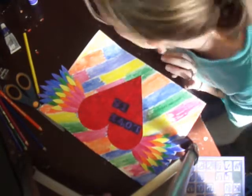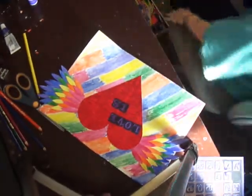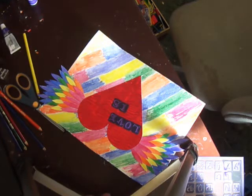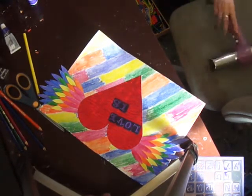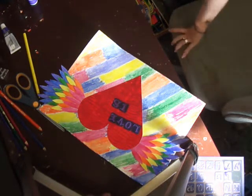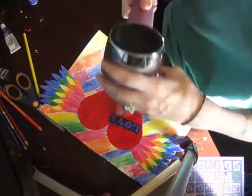I'm going to grab my hair dryer real fast so I can. Should have done that earlier, sorry. Yeah, I can be sure that this gets dry. It doesn't smear. And I apologize because my hair dryer is loud. But I just want to make sure this is...